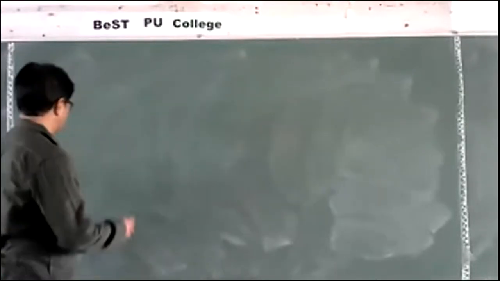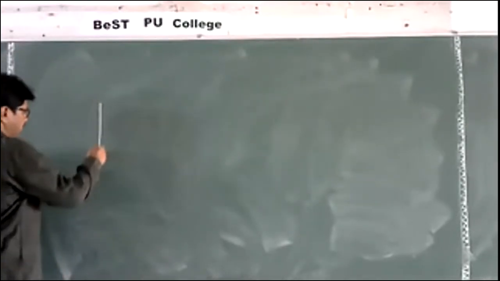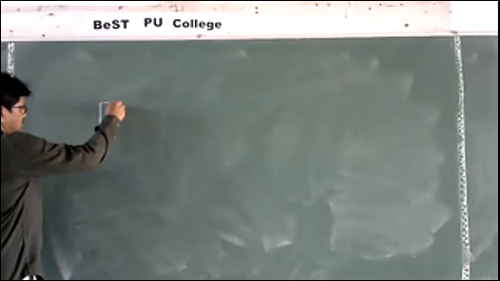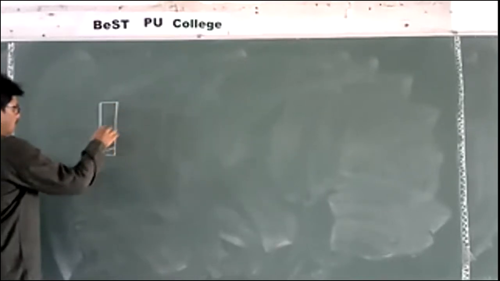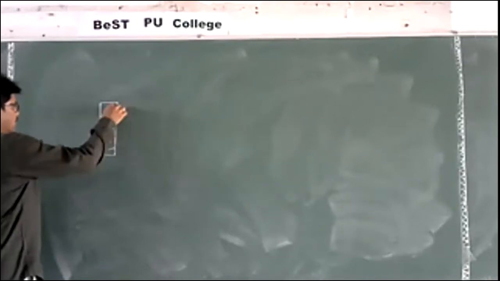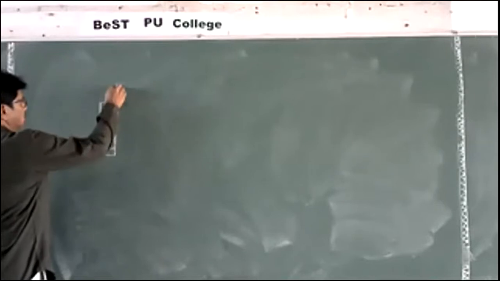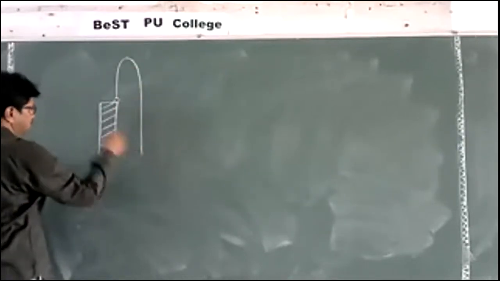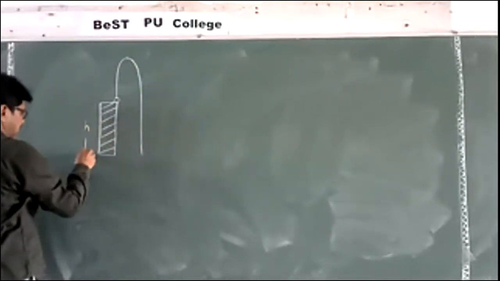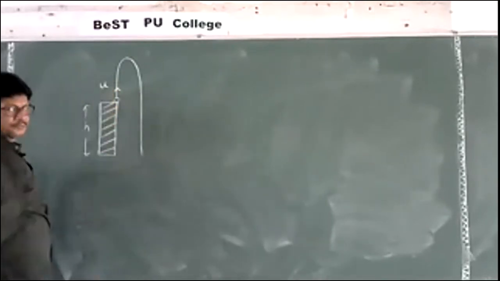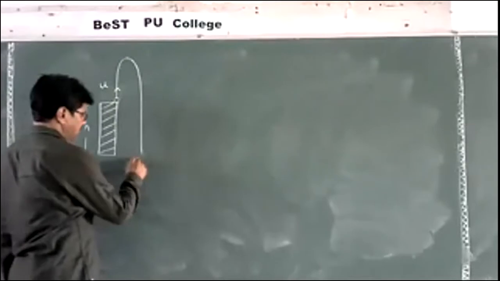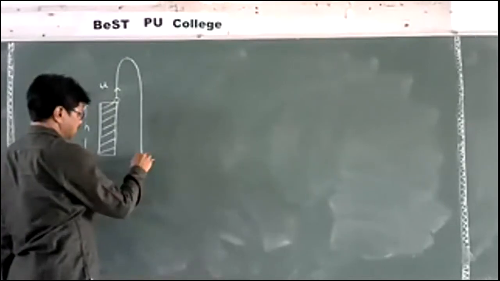That height might be the top of a tower, or the top of a hill or a building, whatnot. If you project a body vertically upwards from a certain height with a velocity u, and it takes a time of t seconds to reach the ground,